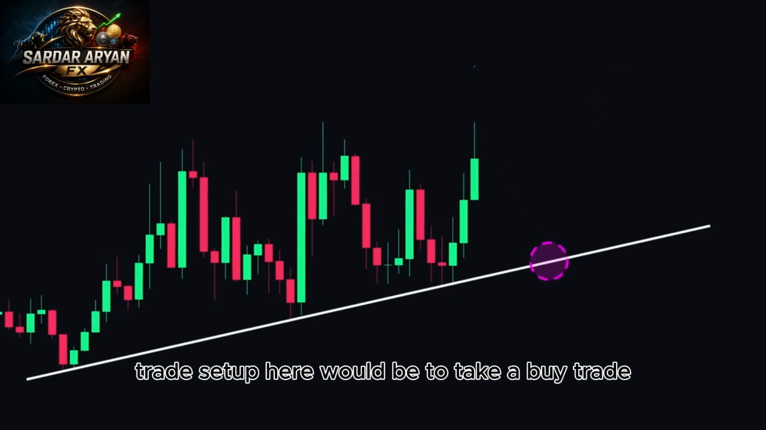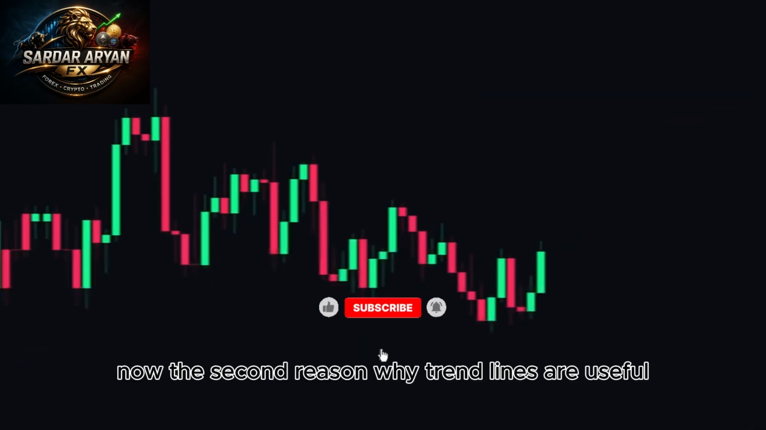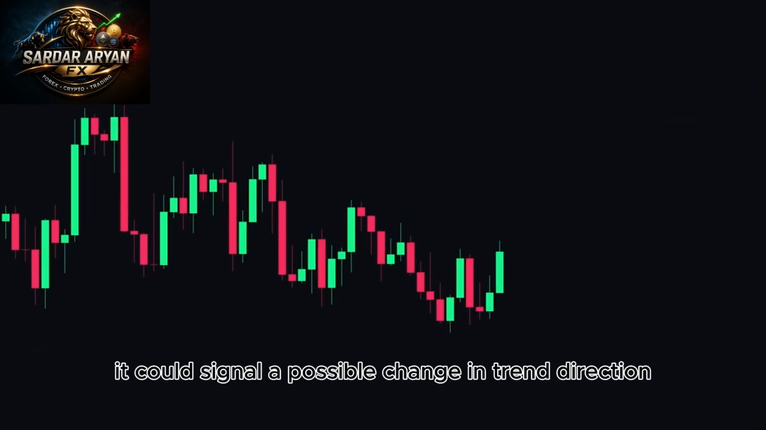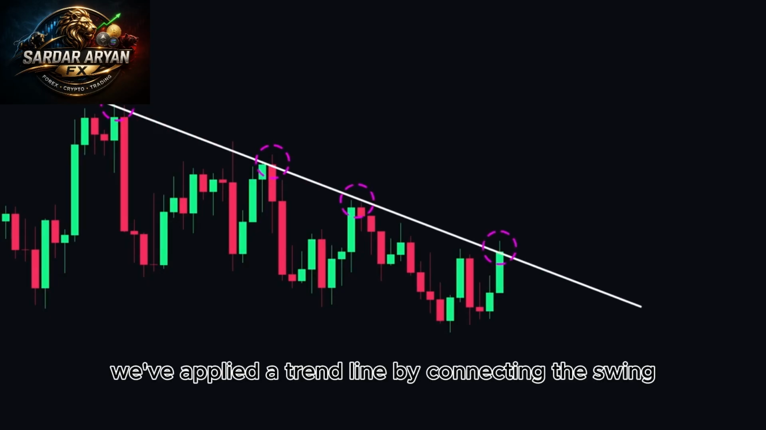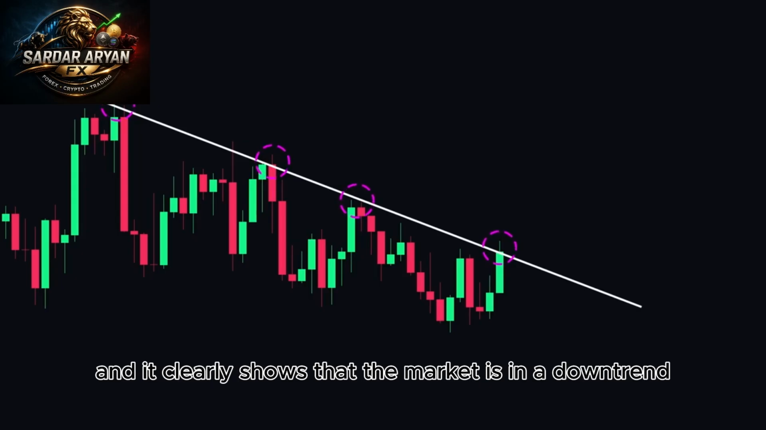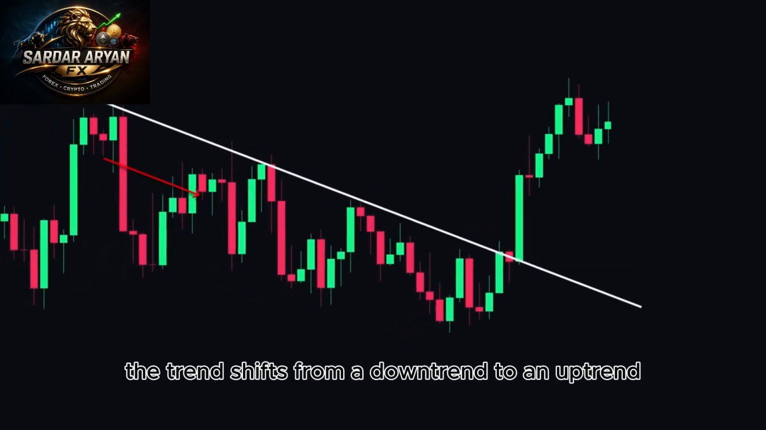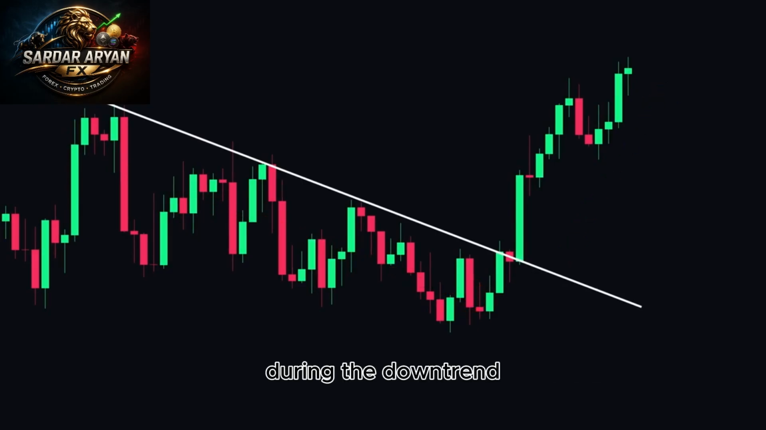So, a possible trade setup here would be to take a buy trade if price retraces to the trend line. Now, the second reason why trend lines are useful is that if price breaks the trend line, it could signal a possible change in trend direction. For example, in this chart, we've applied a trend line by connecting the swing highs, and it clearly shows that the market is in a downtrend. But right here, price broke above the trend line, and soon after, the trend shifts from a downtrend to an uptrend. Knowing this, the next time price breaks out of a trend line during the downtrend, we could set up